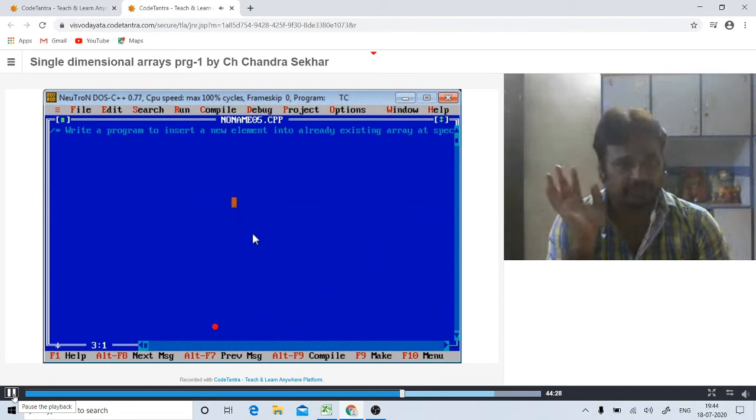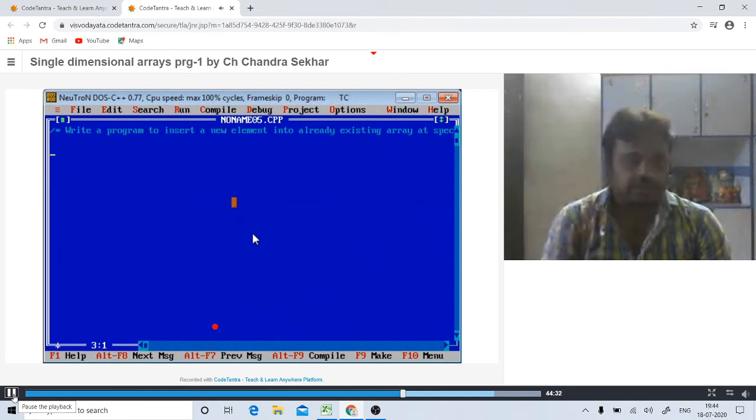That means just assume we already have some array, in which the elements are 10, 20, 30, 40. We have already 4 elements. Now I want to insert a new element into that array at a specified position. Our new element is 25. Then the user must specify where that new element is stored, that means the position.